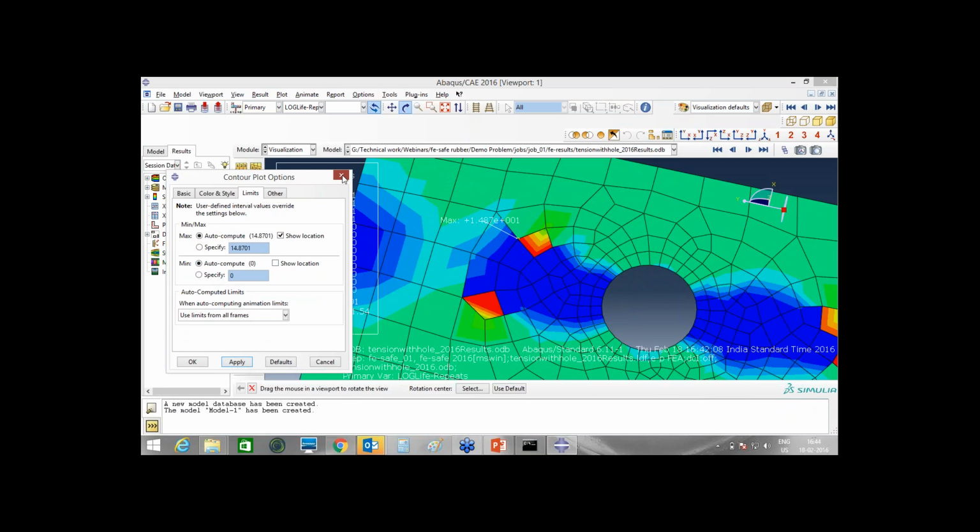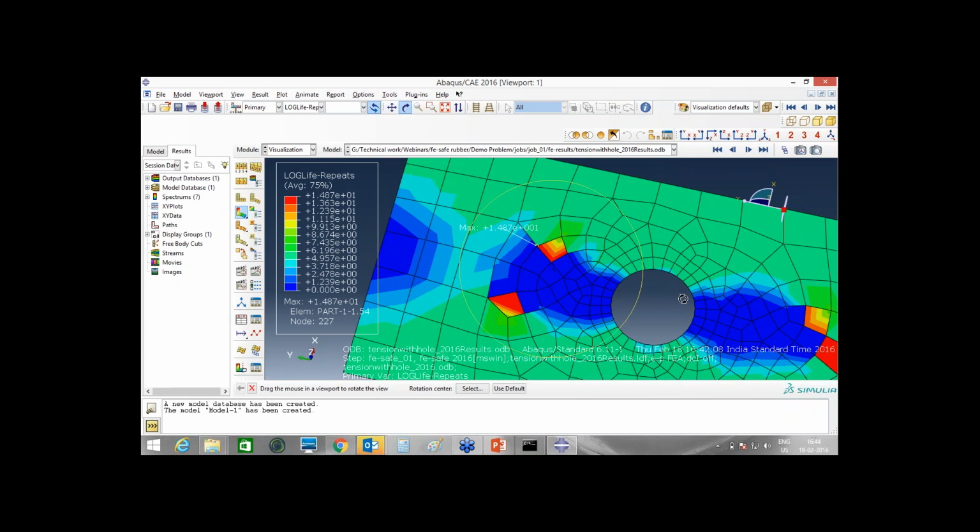These are the elements where there is very little life. Removing this, FSAF will predict the next worst life. If I remove this again,